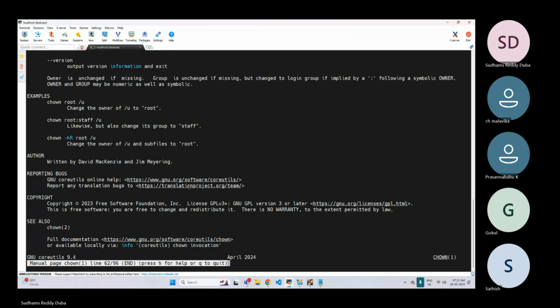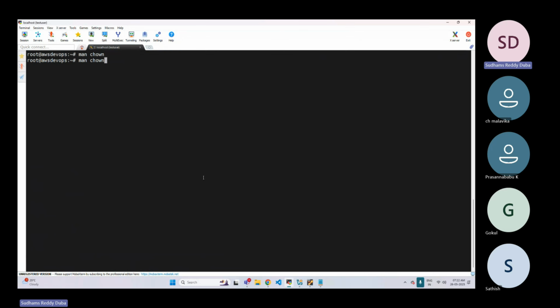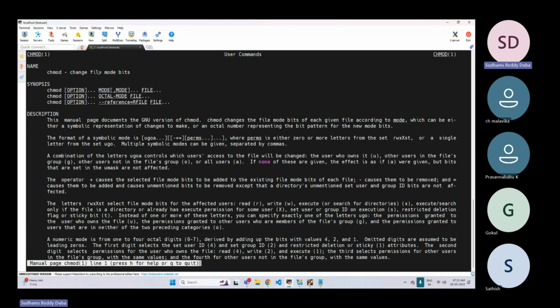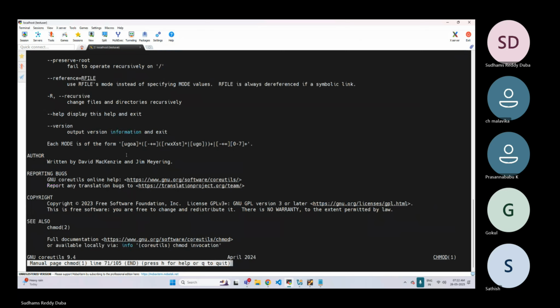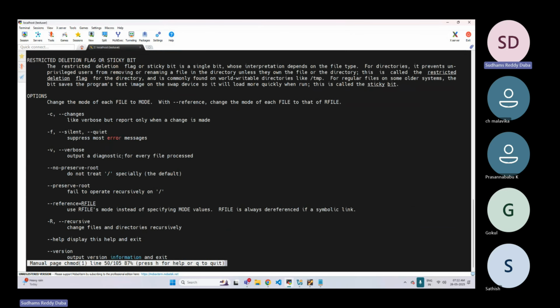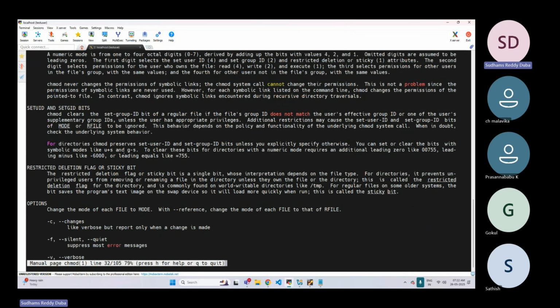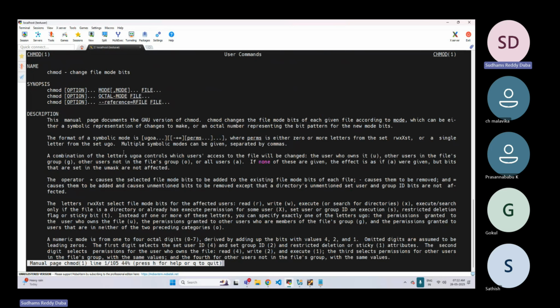Now, in the same way, I want to know about chmod. You can see change file mode bits, means permissions technically. They have not given us any examples for this. That's fine. I'll let you know how to do this.